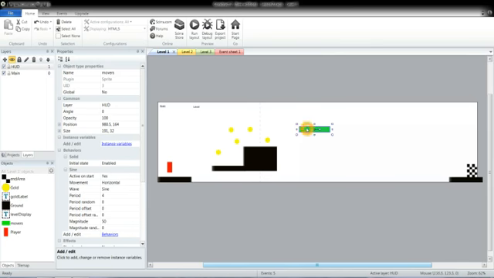So if we click on the mover and we look at the behaviors, we see we have the solid behavior and we have the sine behavior. And we have the movement type. Horizontal, we can always change that to vertical. This way, this mover will move from the left and right. And the particular wave is a sine wave. We have many different functions. We can try triangle. Let's just stick with sine for right now. The period